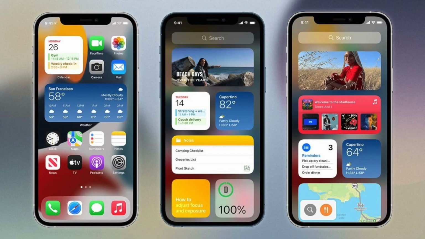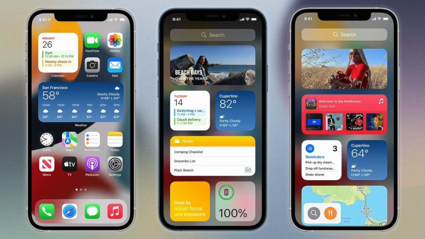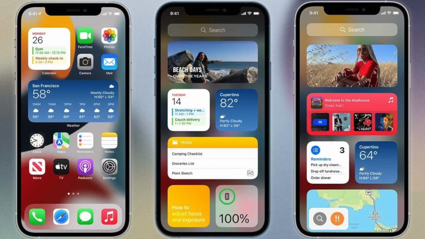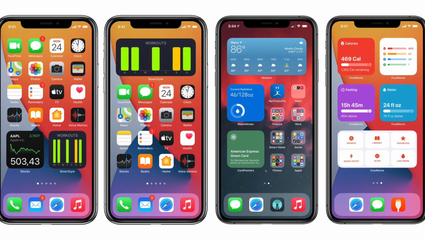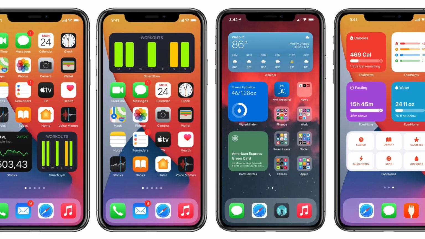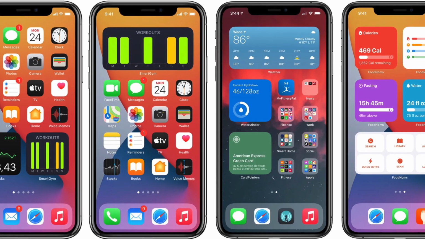On iOS, it's only been recently that Apple has slowly been allowing developers to build fun, cool widgets for the home screen, so you can see much more information instead of having to open the application on the iPhone. It's still not as interactive as I would like, and as I remember being on Android, where it's much more interactive, you see a ton more information, and you can do a lot more customization. But Apple is slowly allowing developers to do all that on iOS, and hopefully in iOS 16 it'll be a lot more interactive than it is right now.